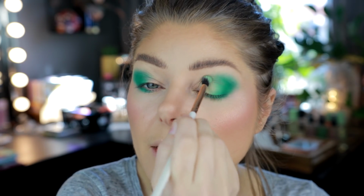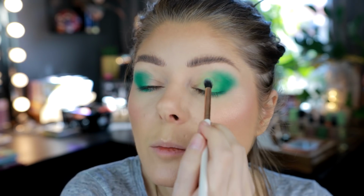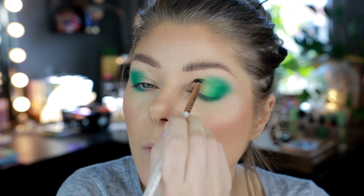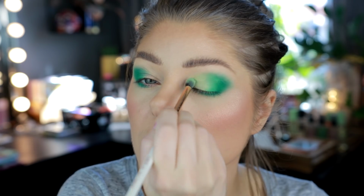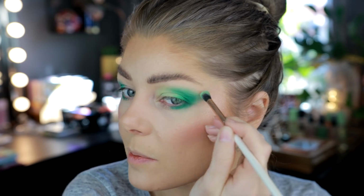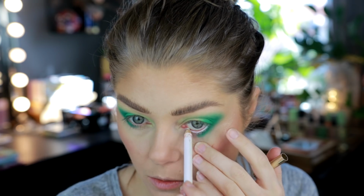And I'm putting that all the way here on the lid and also in the crease. And since this is a pastel, it has a bit of translucency to it, so I can layer it on top of the green here to get a bit of a gradient. And basically covering the rest of my lid and my inner corners with this shadow. I'm also taking some of my brush, and I'm just gonna gently go over this edge with this pastel as well. I'm using a bit of white here to really make this